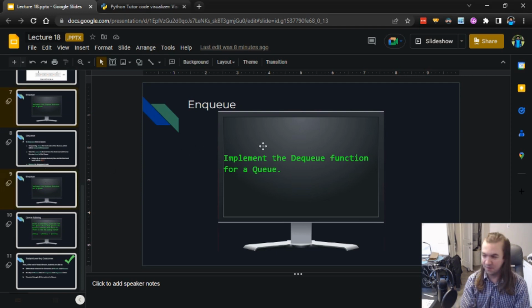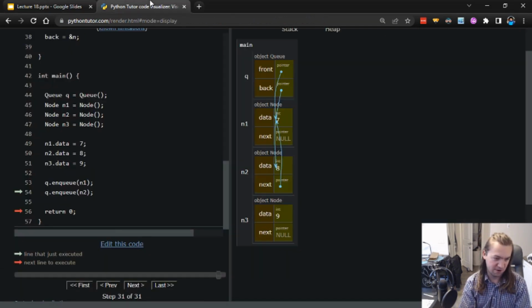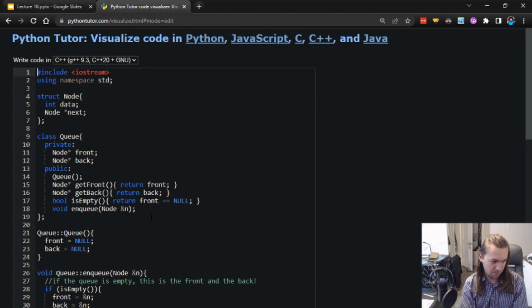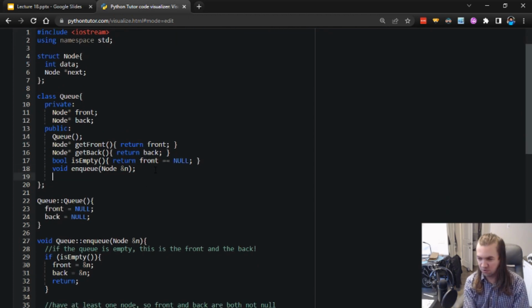So, implement DQ for a queue. Not too hard. Let's go through it. So, DQ is going to give us back a node pointer. Again, you could do a node or a node pointer, it kind of depends on how you want to implement it. We'll go with a node pointer, DQ. And so DQ will take the front node off of my queue, make it so that the new front of the queue is what was behind it, and then